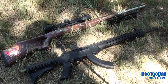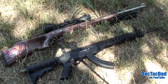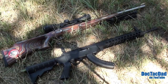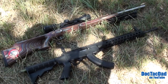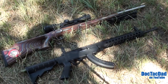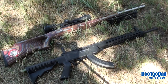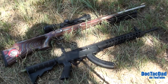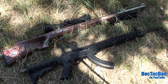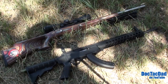I have a couple of rifles with me today, and I wanted to discuss some of the pros and cons of each one and do a little comparison video, just for fun. What I have is my Ruger 10/22 in the Troy Industries T22 stock. I've had this for a while, and it is absolutely my favorite tactical .22 that I have, and it's super cool. It has all the function and reliability of a 10/22 with the coolness of that tactical Troy Industries